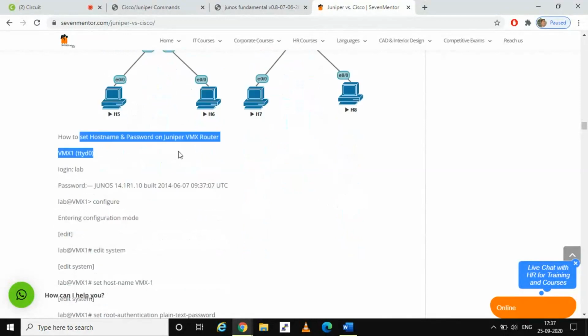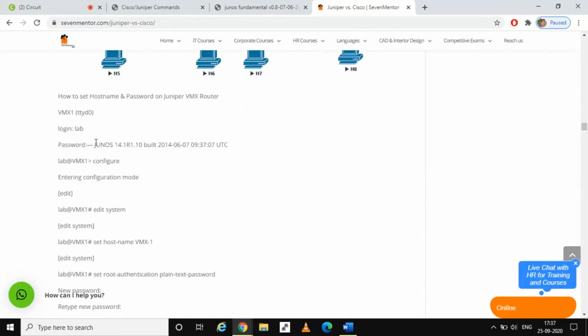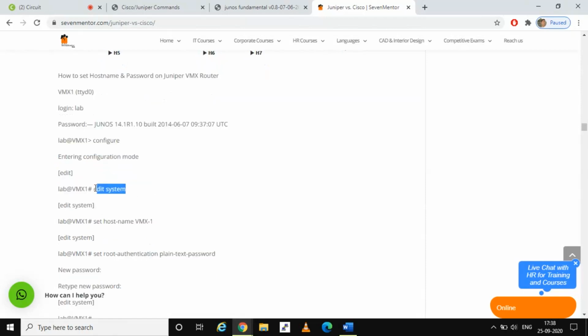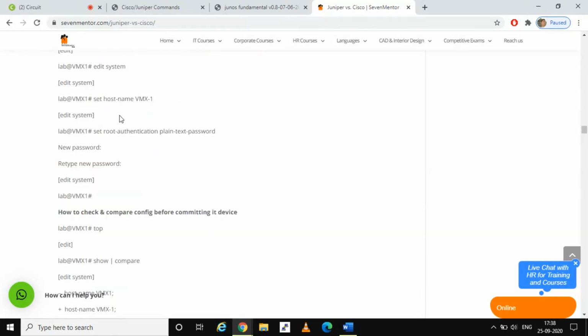Here too we have to set the host name and password on the Juniper side. Once you are in the operational mode, you can directly type configure, and then you enter the configuration mode. Then there is the command edit system, the system configuration, and set host-name, here as VMX1.